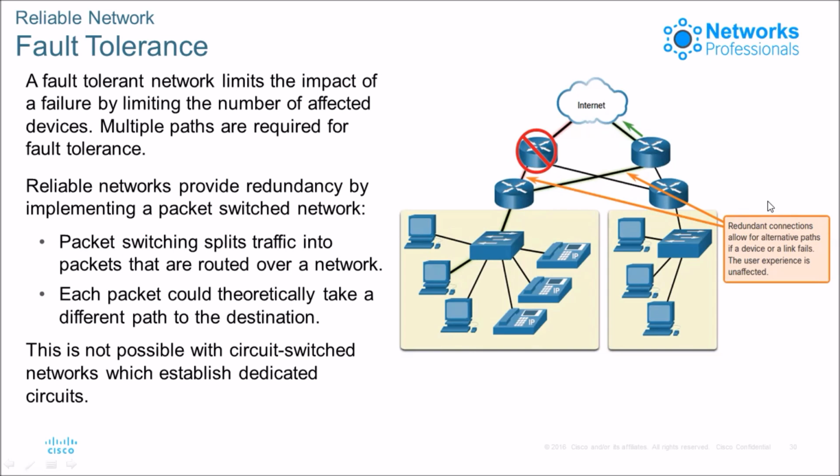This is not possible when we are using a circuit switch network or circuit switching, which establishes dedicated circuits between source and destination. Implementing a packet switch network is one way that reliable networks provide redundancy. Packet switching separates traffic into packets that are routed over a shared network. A single message, such as an email or a video stream, is broken into multiple messages or blocks called